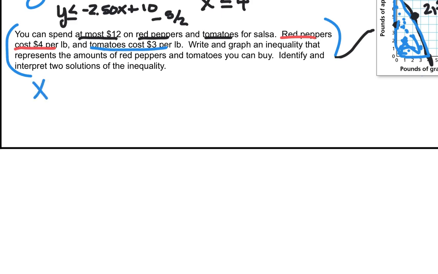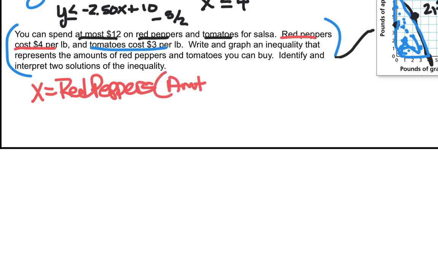So let's say that X is red peppers, the amount, number of pounds, right? And then Y will be the number of pounds